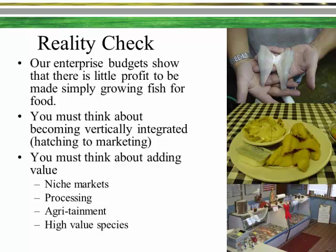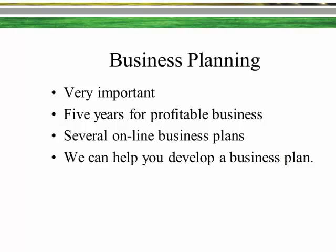You really have to think about becoming vertically integrated, which means doing everything from holding your own brood stock, hatching your own fingerlings, to perhaps processing and marketing your product. You really have to think about finding those high-value niche markets, maybe processing to get some extra money out. Agritainment, having people come out and fish out your ponds, is a way to make money, and growing high-value species. So this business planning is very important. On average, we see about 5 years for a profitable business. There are several online business plans that you can use, and we do have consultants here that can help you